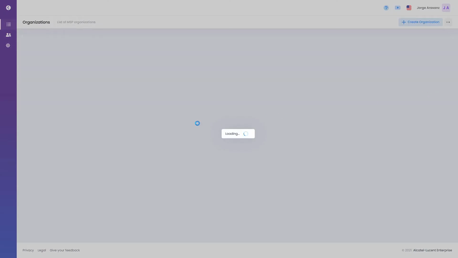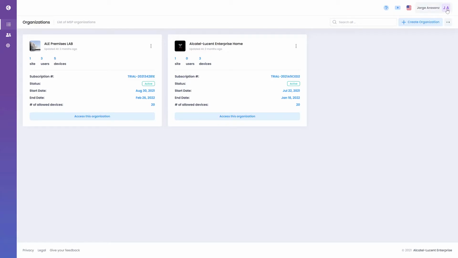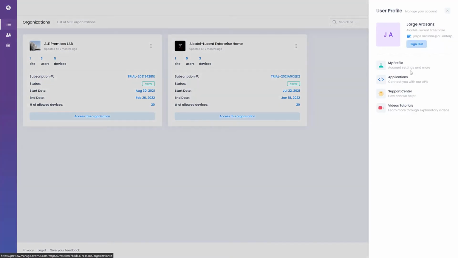Of course, there are some settings related to the user which are here in my profile. In my profile, I can find which applications, in order to connect other applications with the API, the key we are going to use, this kind of thing. If you are familiar with connecting applications with API, this is the kind of thing you are going to configure here.